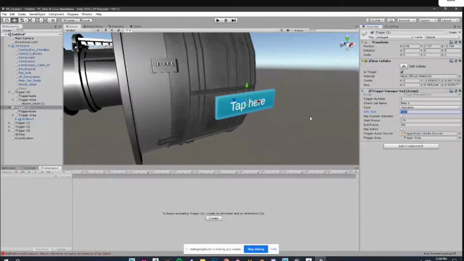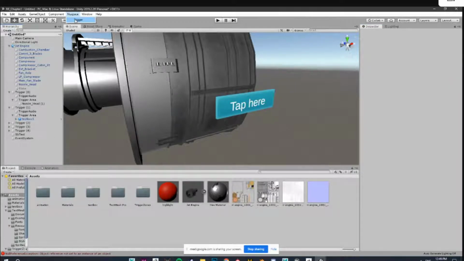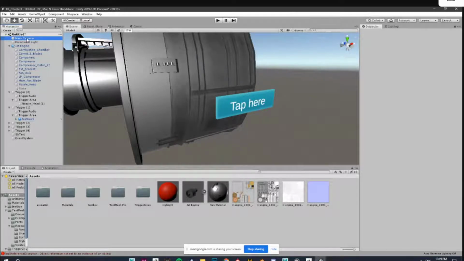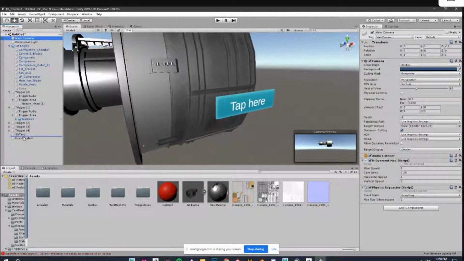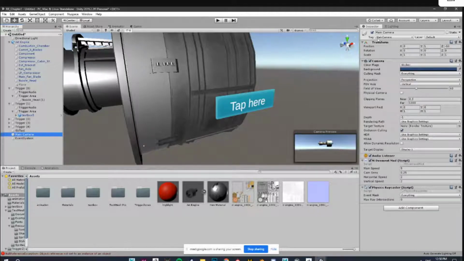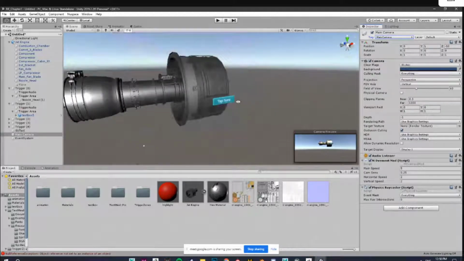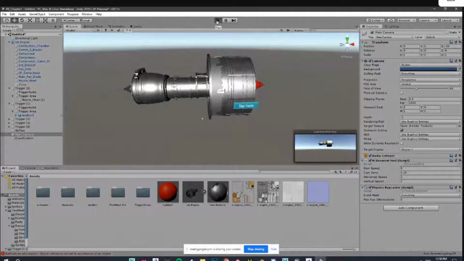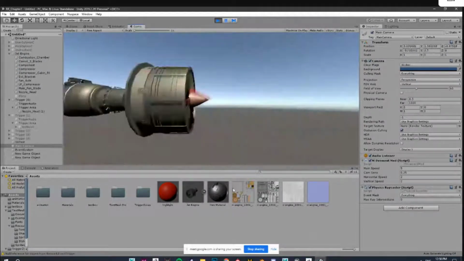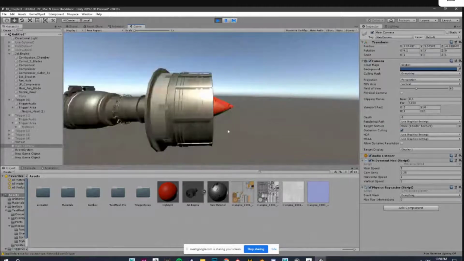Okay. First we'll see how it actually comes. We'll click on new space, trigger, and test setup. Once you click on test setup, you'll get this main camera and this event system. Just make sure every time that the main camera is tagged as main camera. Sometimes it is tagged as untagged. And if we click on play, we can see this. Now there is one small problem. No, I think for this it is working.